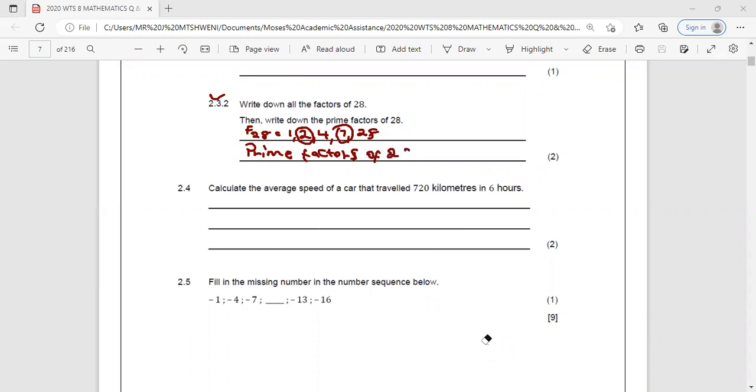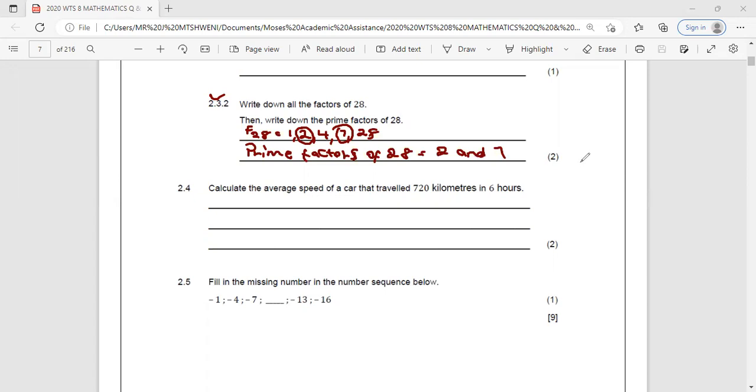28 equals 2 and 7. Those are the prime factors of what? Of 28. How do you find the prime factors? Isn't it that you'll have to calculate? You say 28